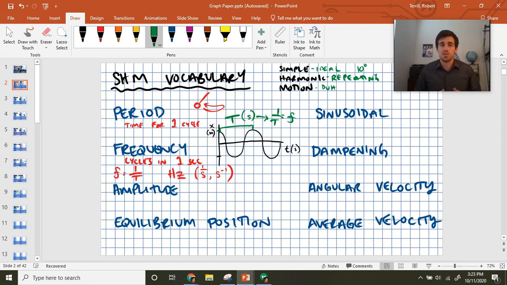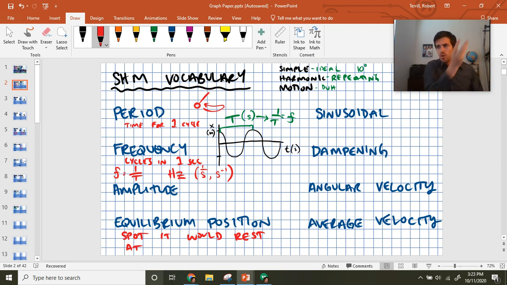Next is our amplitude. When we talk about amplitude, we're talking about how far it moved from the equilibrium position. Man, I did a lot of this vocabulary in the wrong order. How far it moved, let's talk about equilibrium position first. Equilibrium position is the spot it would rest at. Meaning that if we left it alone, or we stopped it and let go, it would hold itself in that